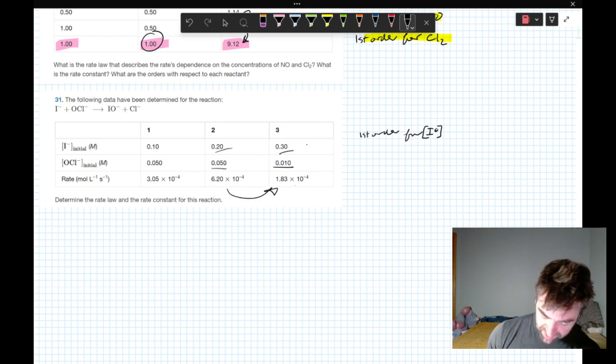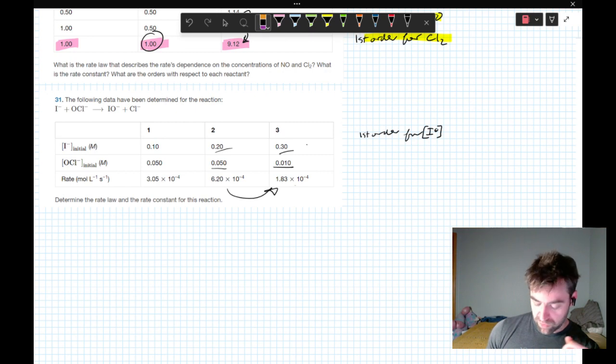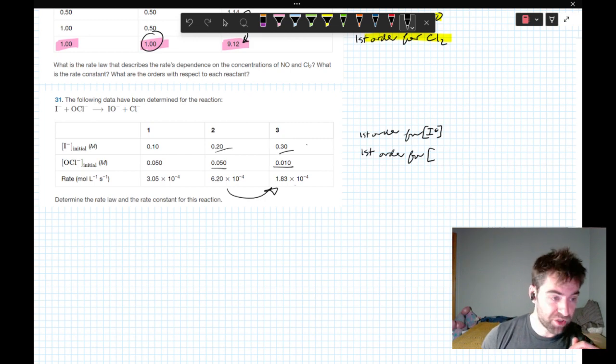And we have a corresponding decrease, but it isn't 1/5. It's almost 1/5 because we increased this, so that's kind of balancing it out. But it doesn't appear to be an exponential relationship, right? This looks like it's pretty direct. So I'm going to make an educated guess and say that this is first order for OCl,